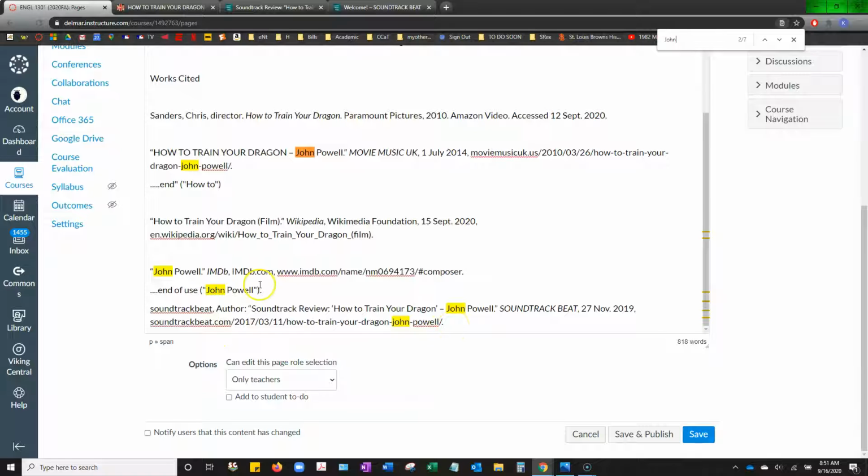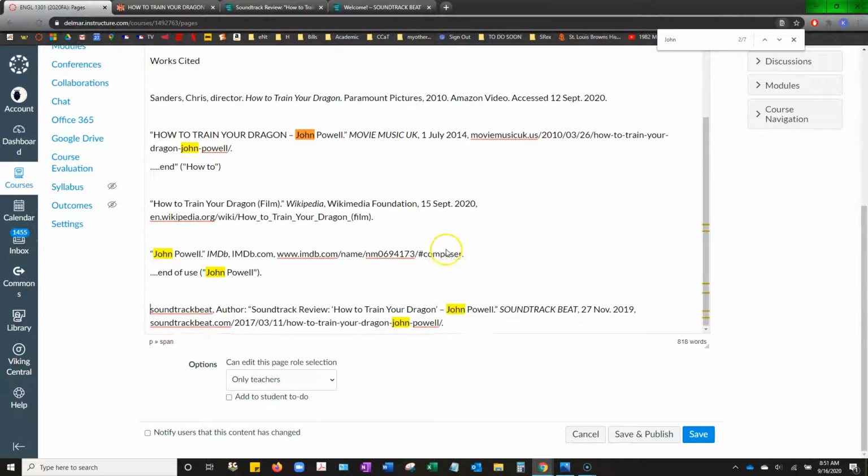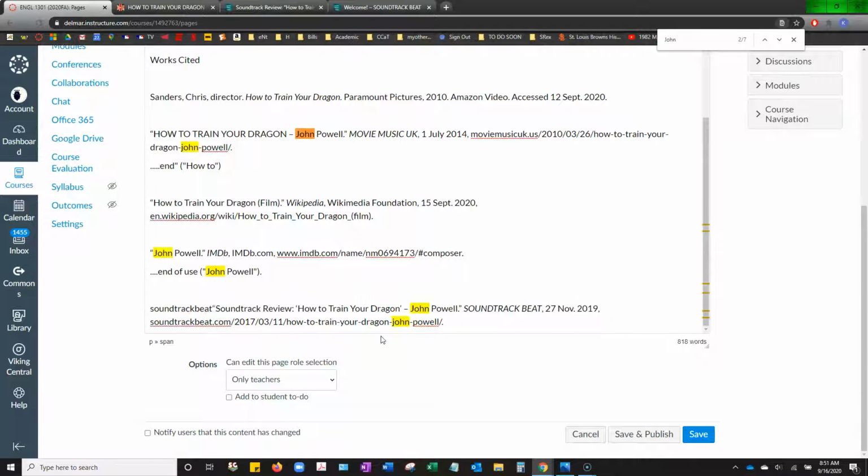Finally, what do we have here? So according to this works cited entry here, this is the author's name. So we have the last name of Soundtrack Beat, first name author. I seriously doubt that's the case. So if there is not an author clearly identifiable, skip it and start with the title. However,